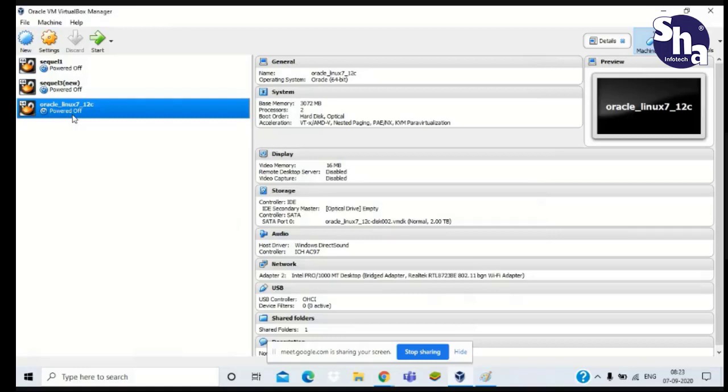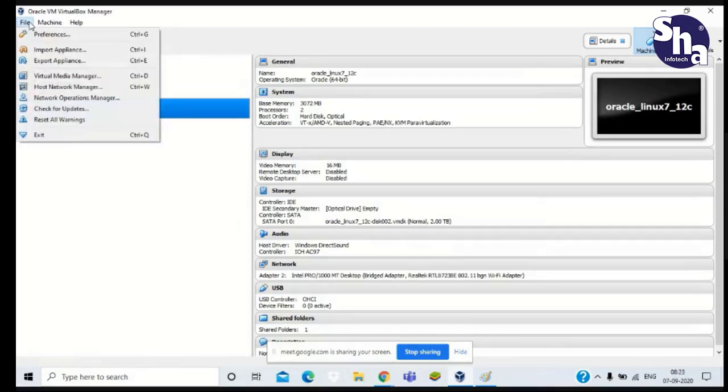Suppose there are 1 to 12 files. You have to extract only one file, suppose the 01 file. After extracting it, you come to the VirtualBox Manager software, go to the File menu at the top, and click Import Appliances.